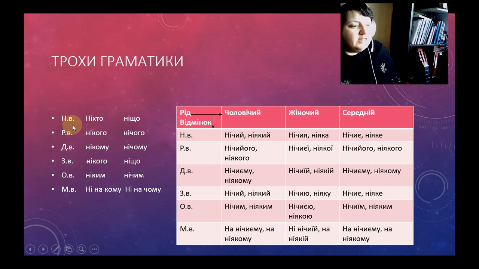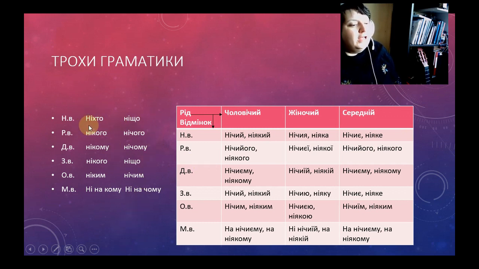So, називний nominative, родовий genitive, давальний dative, знахідний accusative, орудний instrumental, місцевий locative. To learn more about these cases, just watch my other videos. I have lots of them, but here just some basics.